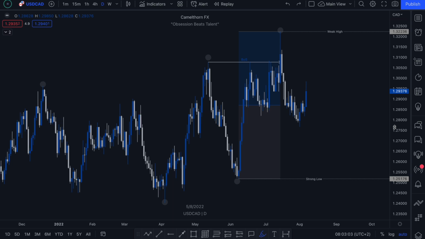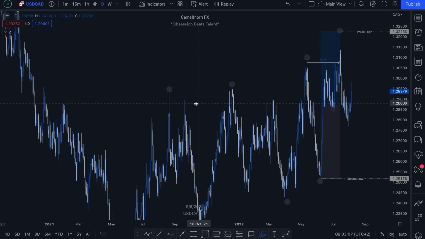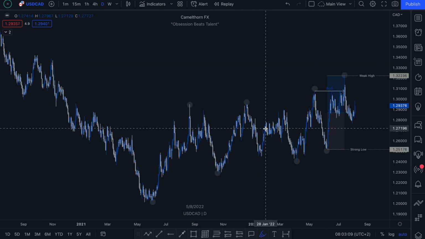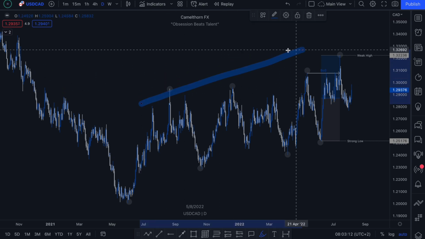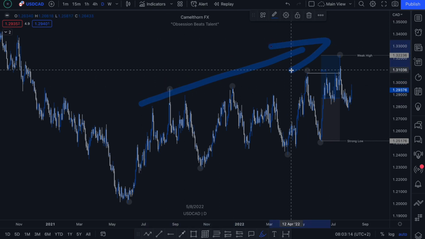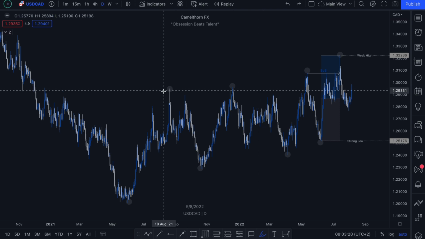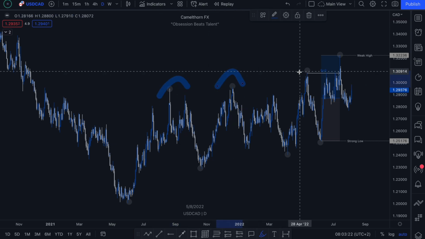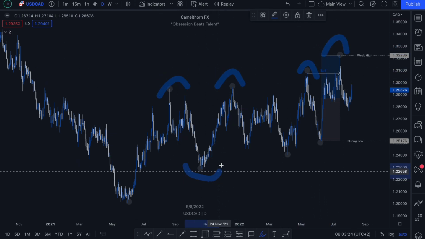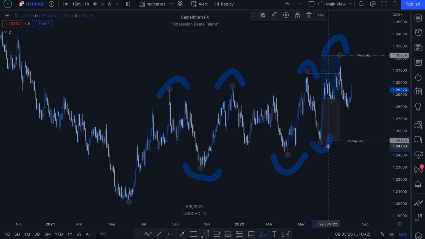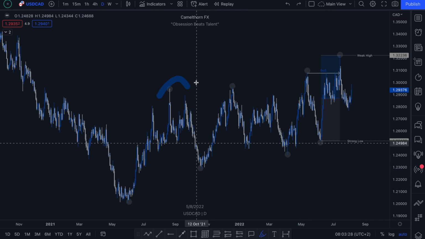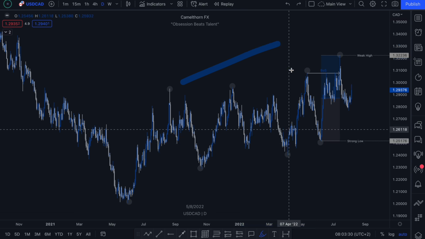So diving into it here, and we're going to start off on that daily chart, as I said, USD CAD. And as we can see, price action has been in a very steady bullish push to the upside. This particular piece of price action is actually a complex pullback of a weekly range, but you can see that price action has been putting in higher highs and we've been putting in higher lows. So we can quite comfortably and with a lot of confidence say that price action has been pushing up,